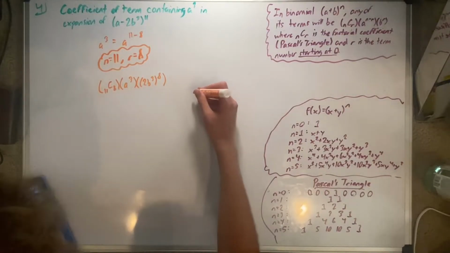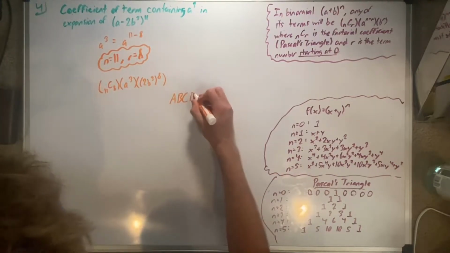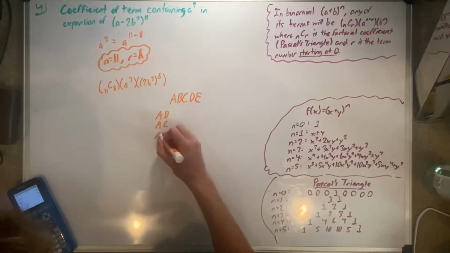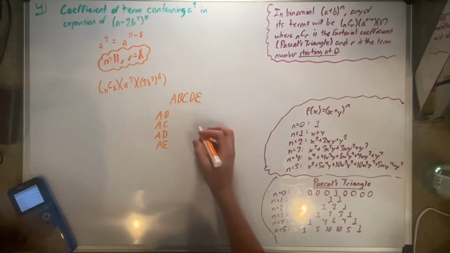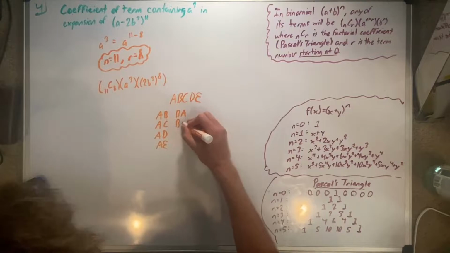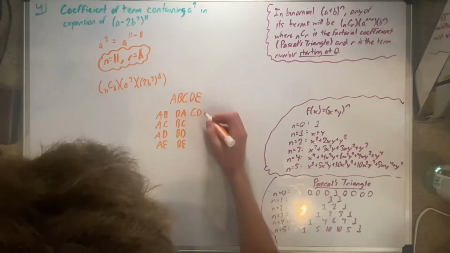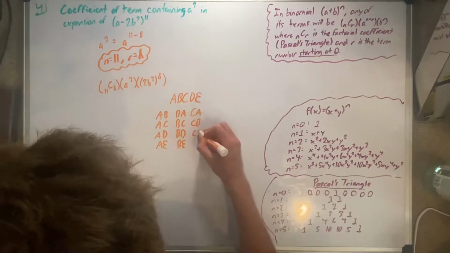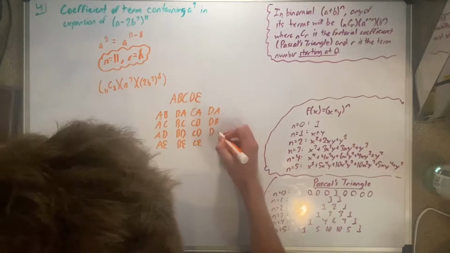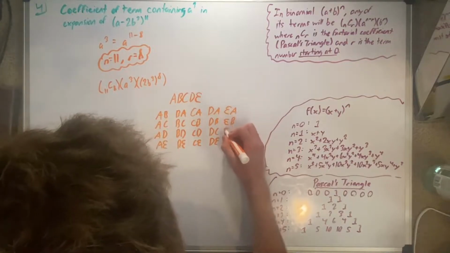So for instance, before I solve this problem, let's say we wanted to make all the different pairs of the letters A, B, C, D, and E. So we would pair AB, AC, AD, AE. We would then go like this: BA, BC, BD, BE. We would go CA, CB, CD, CE, DA, DB, DC, DE, EA, EB,